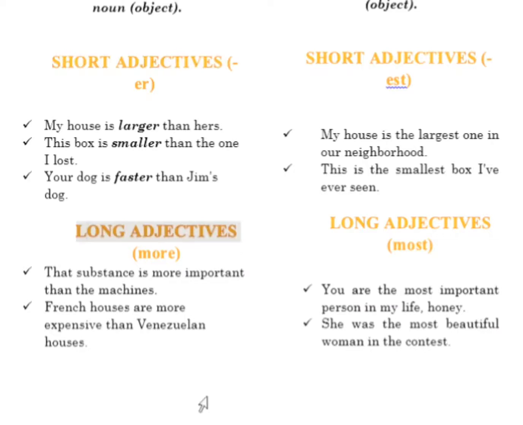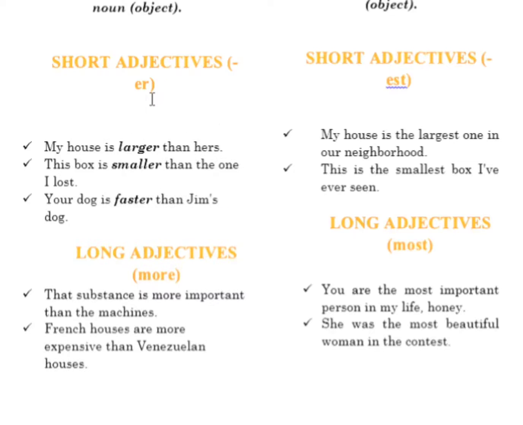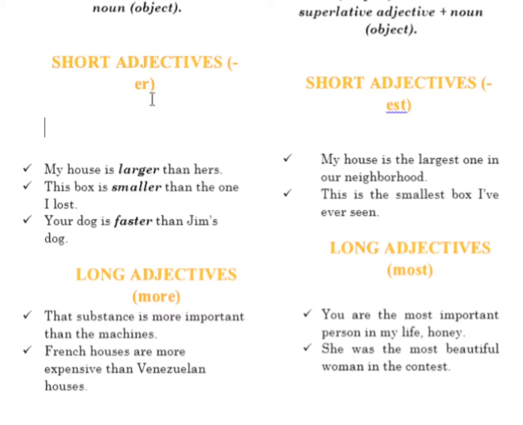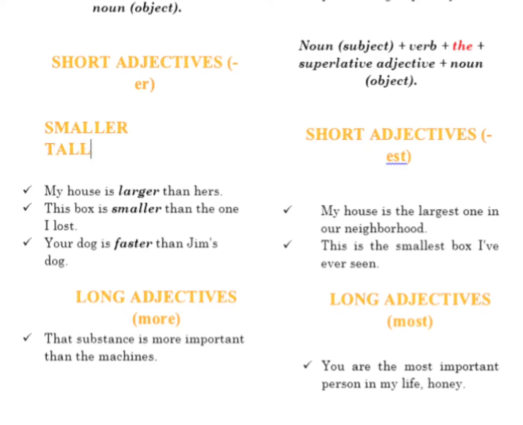Now we have short adjectives and long adjectives. Short adjectives are the ones which have one or two syllables. Before examples, let's see some rules. We generally add er to the adjective, but there are some exceptions in which you don't do that. For example, if you have small, it changes to smaller. If you have tall, it changes to taller. So generally we add er to the adjective, but there are some cases in which that rule